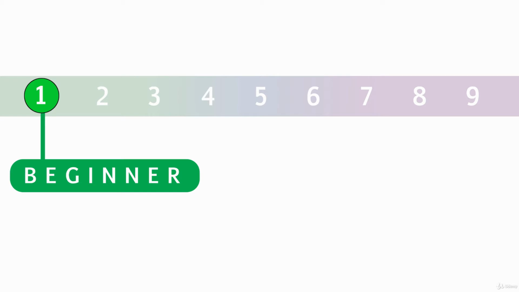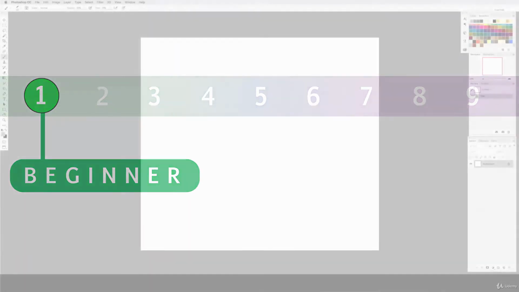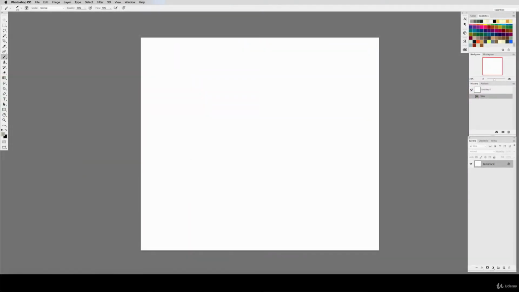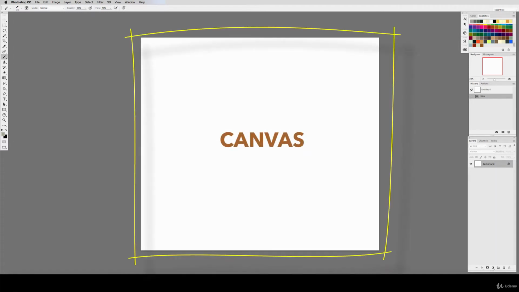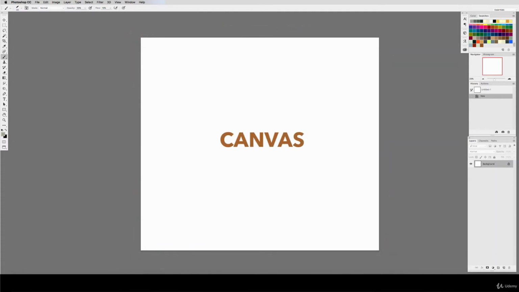Let's start by taking a look at a standard Photoshop document and learn the lay of the land. The white space in the middle is called the canvas. This is the area where the digital paint is applied. On the left, we can see the toolbar, and we'll go into a lot more detail about each individual tool